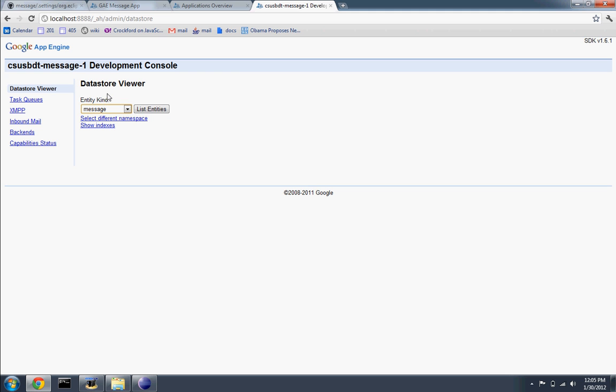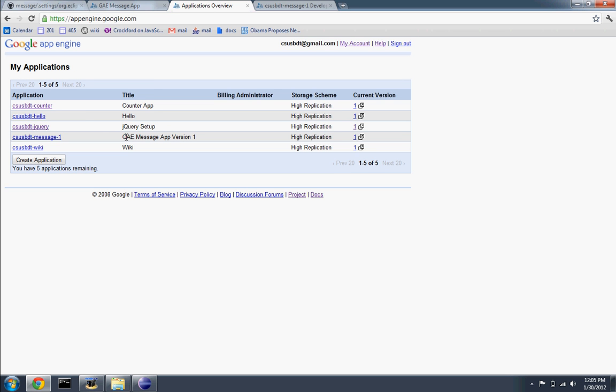You can see in here that you can list all of the entities of an entity kind. It's a drop-down box. Here's a message parent, and then you have message. There's two different kinds of entities. Let me go back to here. This is the datastore viewer. I'm sorry, this is the